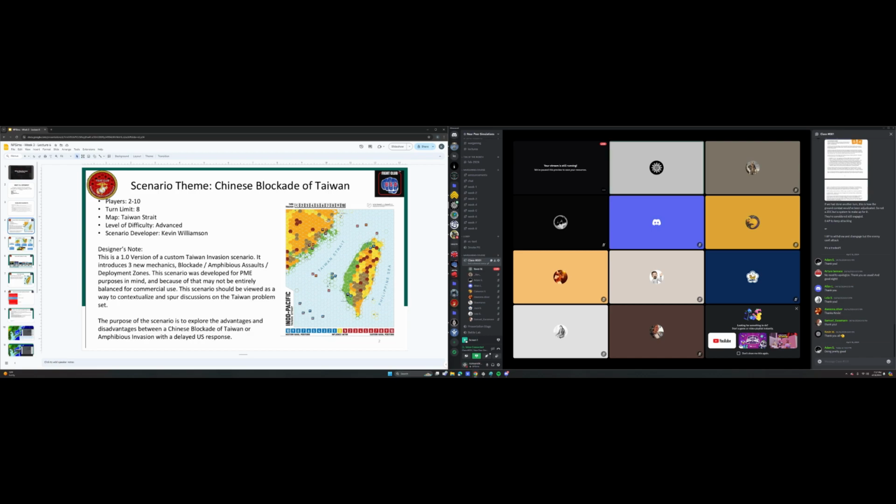So you can see in the top left, I put just very basic information about the scenario. If this is a TDG, you might not have a turn limit or players, but you might specify where you got the map from in case they want to dive into it a little deeper. If you are doing a set of TDGs or some other kind of scenario, you might specify the level of